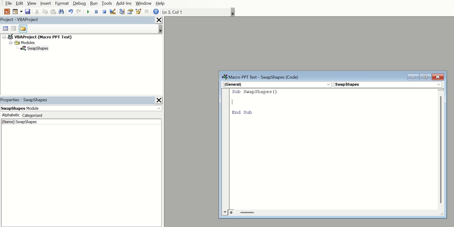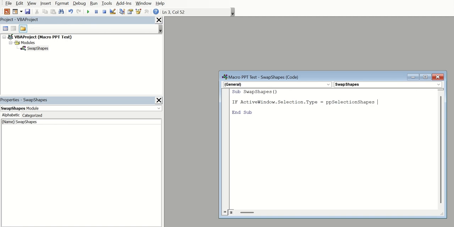So we need to write code to check that, and the If statement will help us write that. If ActiveWindow.Selection.Type